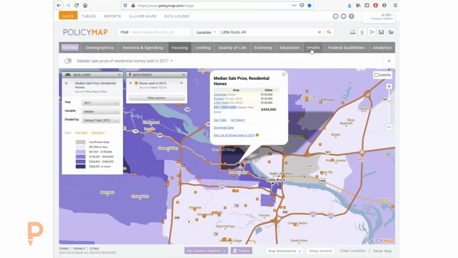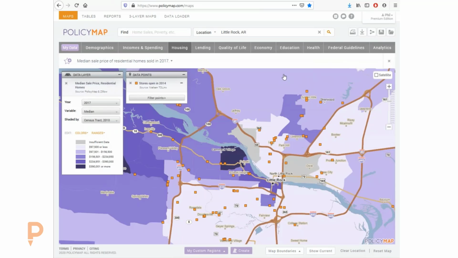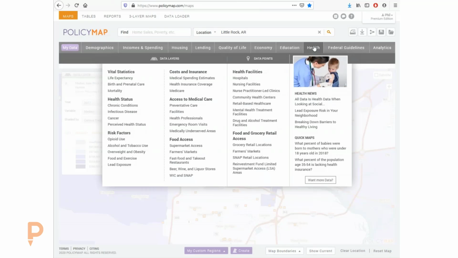Probably the biggest growing data set that you will hopefully want to look at is the health data. Health is such a unique category that has really affected neighborhoods. When we first launched PolicyMap, there were only a handful of categories of data related to health, and it's really from the CDC. And that data from the CDC, because they are very good about protecting privacy rules, they only show data at these really large geographies, metro level, state level, and such.